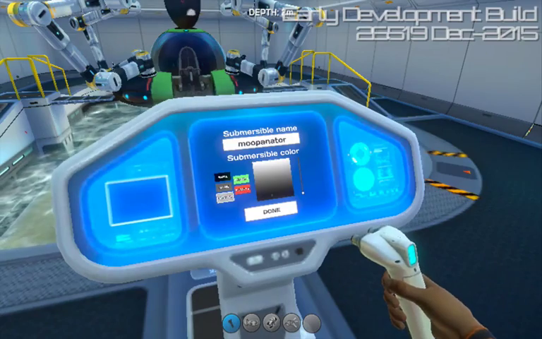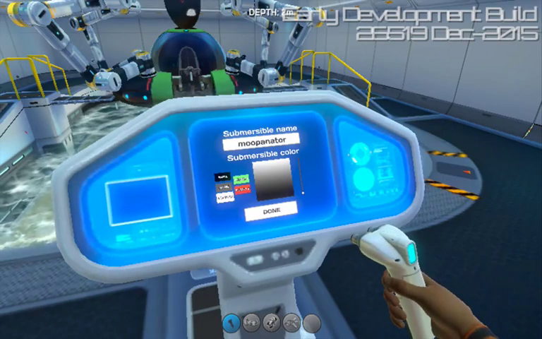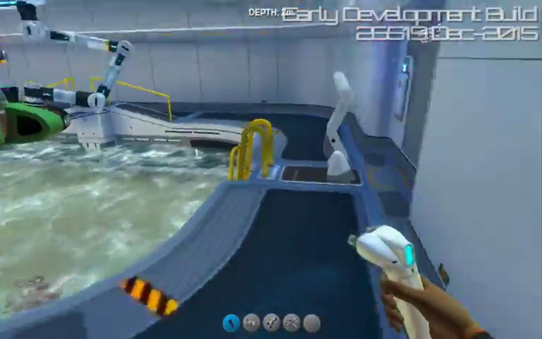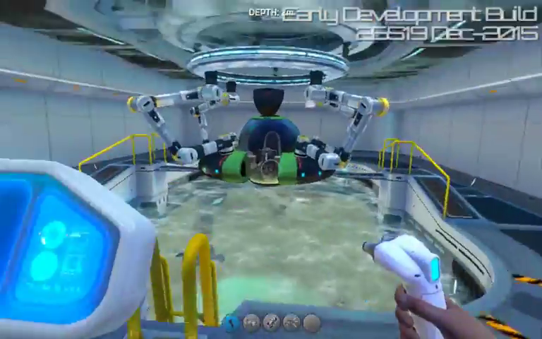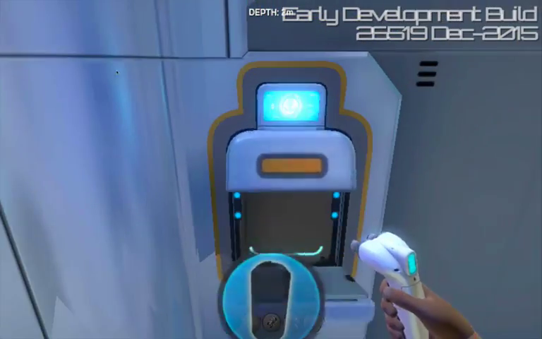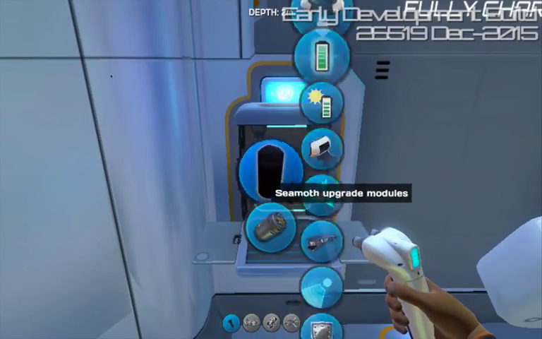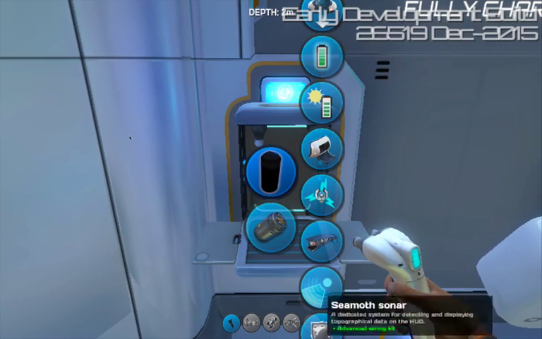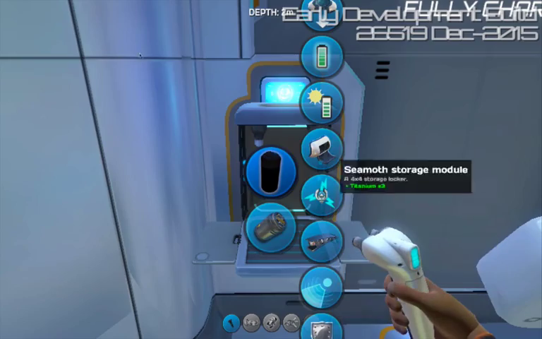Now this last color is the color of the CMOF control panel. So now, once we're done, we press done. So yeah, that's how you customize the look. Now, when you go to here, you'll have these upgrade modules. And now, we can add upgrades. So let's say